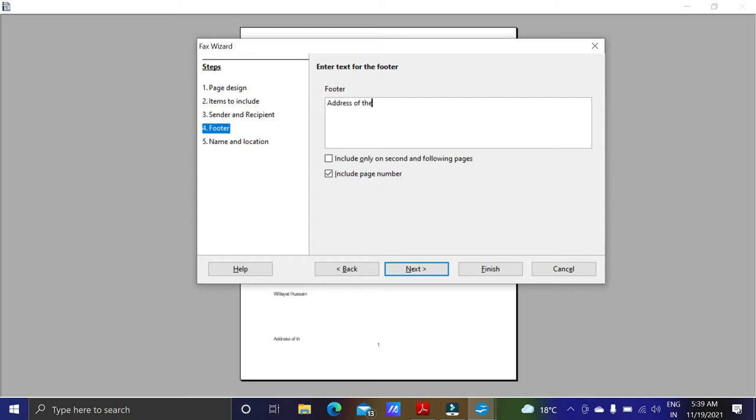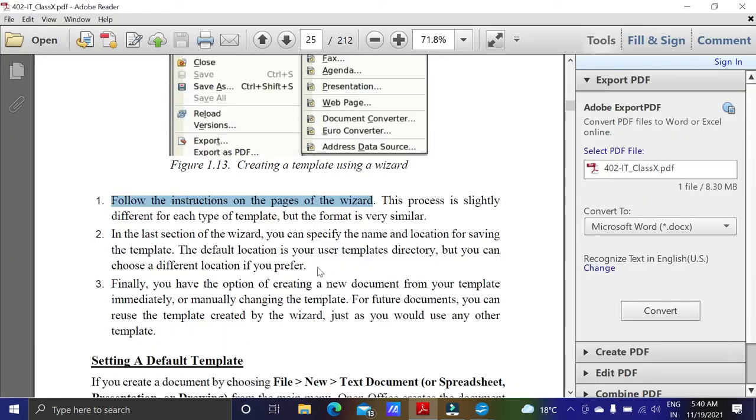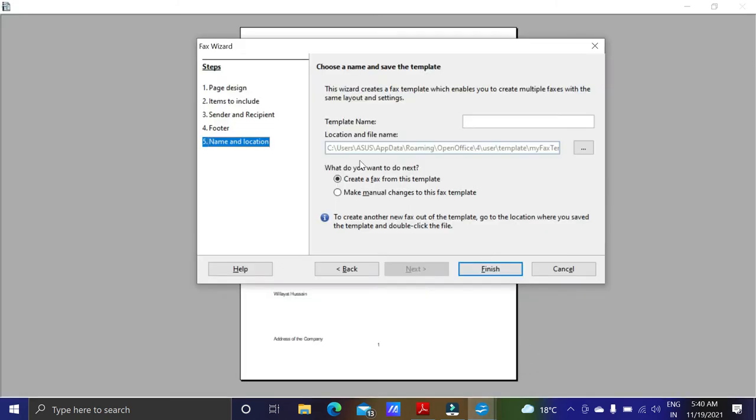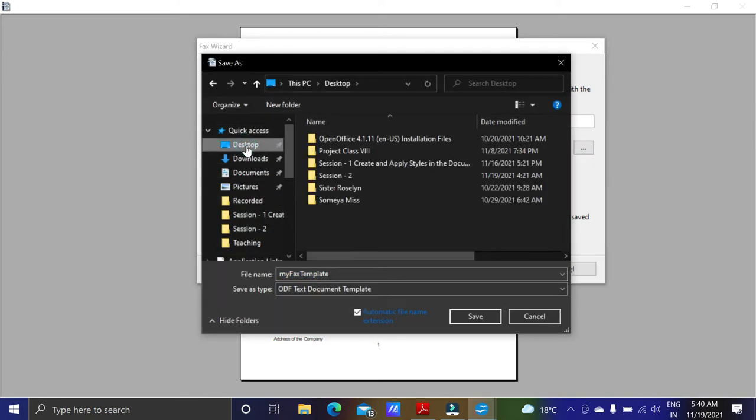of the company, you can put here. I am just writing address of the company. You can put the address actually. Include page number also. Next, name and location. So in the last section of the Wizard you can specify the name and location for saving the template. Where do you want to save the template? So I want to save the template here. Suppose I want to save the template on desktop,